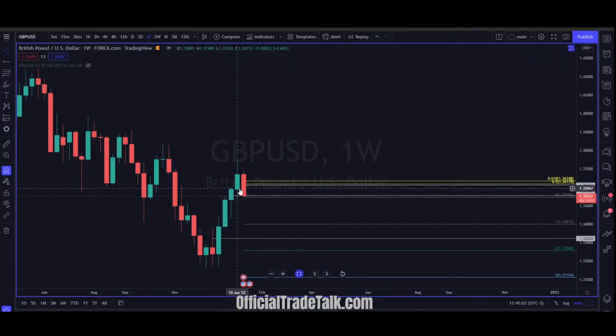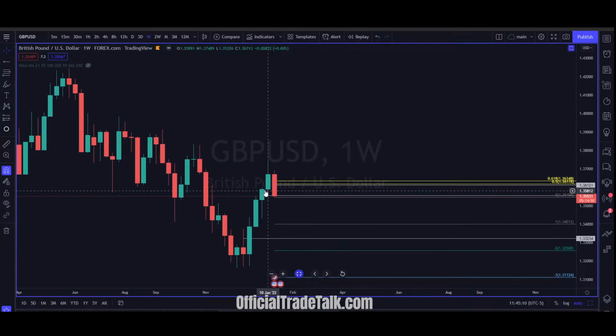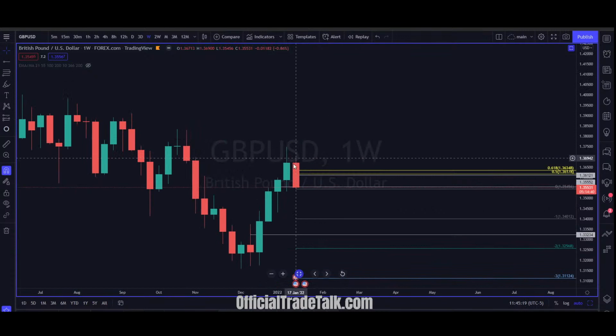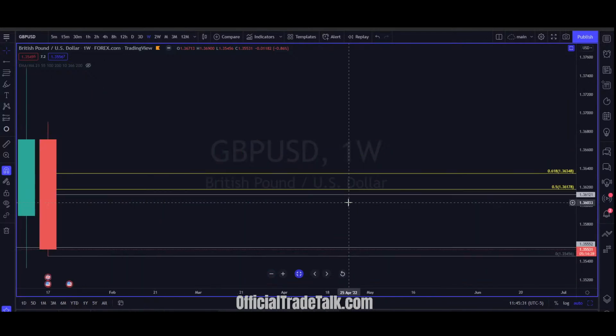You do have a weekly supply zone there, but I don't like it. It's too close to the lows. This is not a bearish candle at all. This could be signifying bullish continuation. You did not take out this candle's low. So if I were you, I'd play this one smart and probably leave it alone until it gives us a better signal, right? But if you do want to play it, your levels to watch will be 1.36348 and 1.36178, and that's your fib retracements from this candle's high to low.